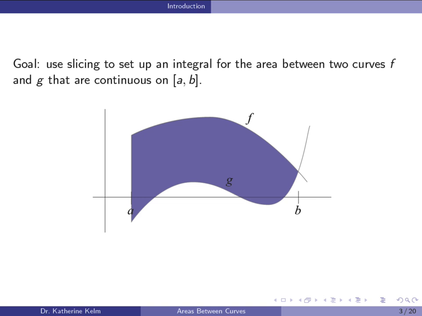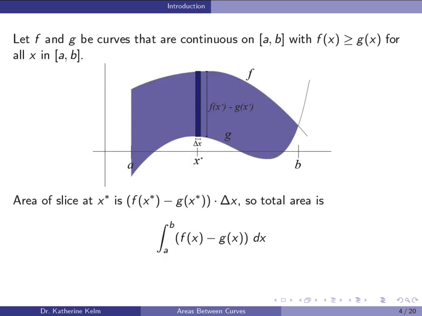and g that are continuous on an interval from a to b. Suppose f of x is greater than or equal to g of x for all x in the interval. We can create a slice at a representative x value x star. We can think of this point as having coordinates x star, comma, f of x star,